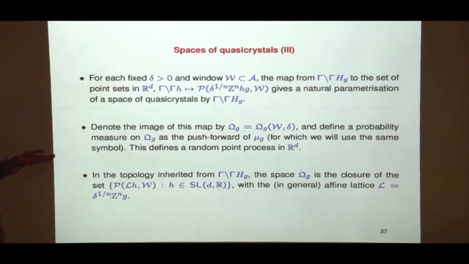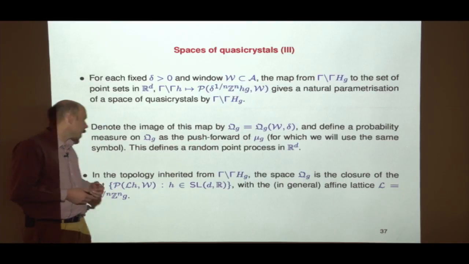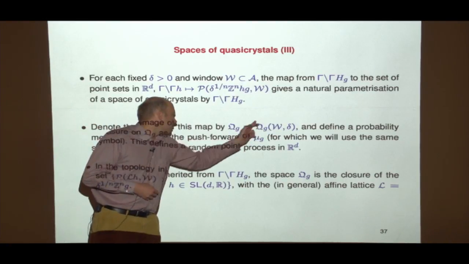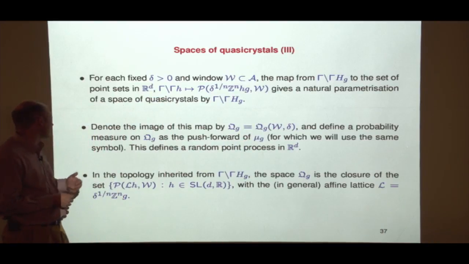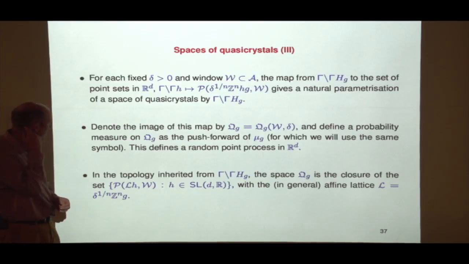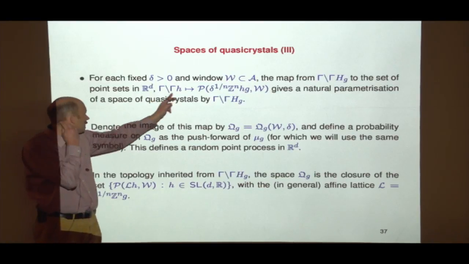It's not a Poisson process. It's not independent. But there is a probability measure that assigns to each configuration in our family a certain weight. And that's just given by Haar measure. So this will be my space of quasicrystals endowed with a probability measure. That's just the push forward of our Haar measure on this space